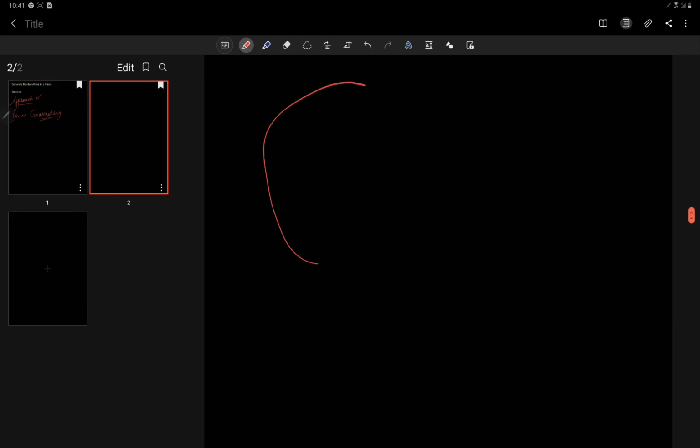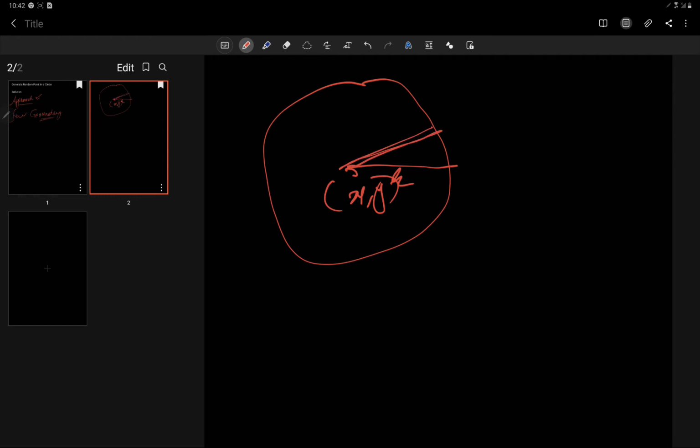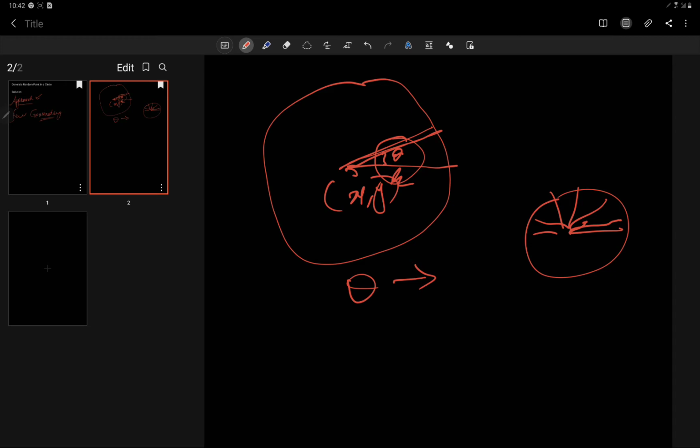So suppose this is a circle that is given to us, and this is the radius r, and let's say these are the coordinates x and y. Let's suppose this is another radius, okay, and it makes an angle theta with it. All right, so what we know is that the values we generate should be concentric, so it will be like this, and we can see that theta is varying.